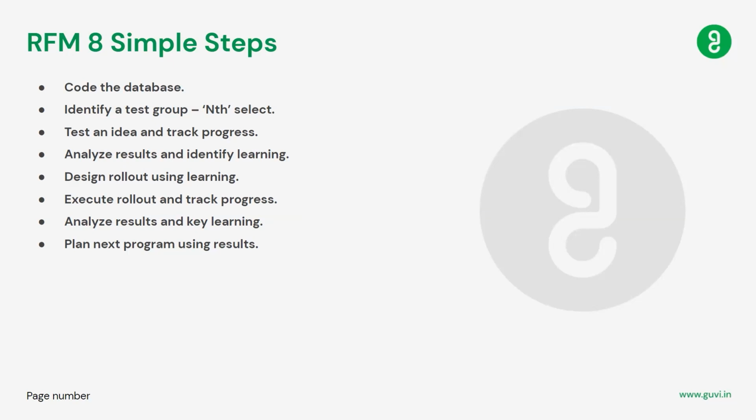Whichever suits the use case and the offer you are planning to roll out, you decide what time period you need to take, and then you put that into any software you want, and rank all those things on the basis of RFM, and then analyze which metric you need to give